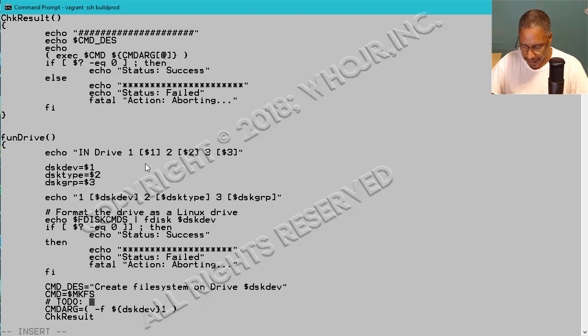And I'm going to say added dangerous flag -f to overwrite possible existing file system